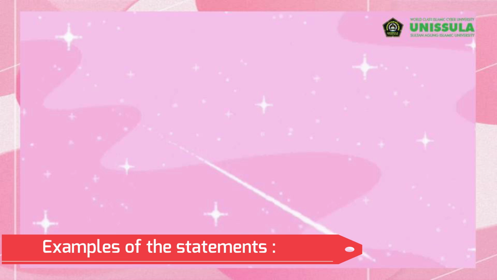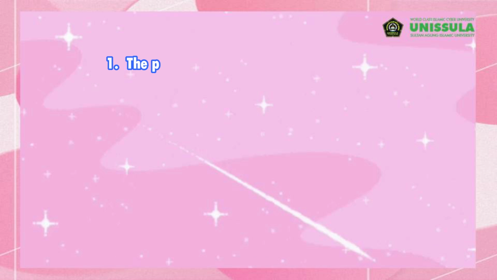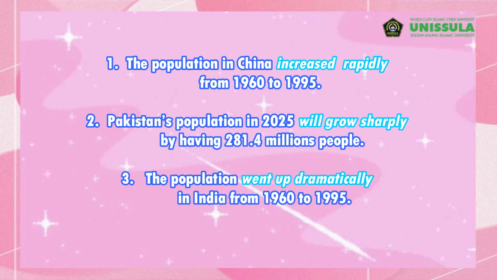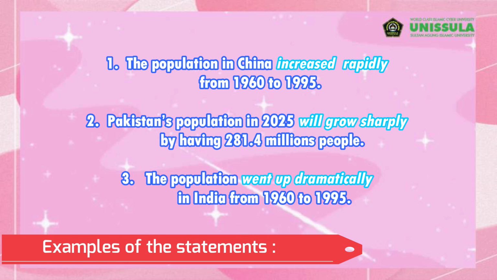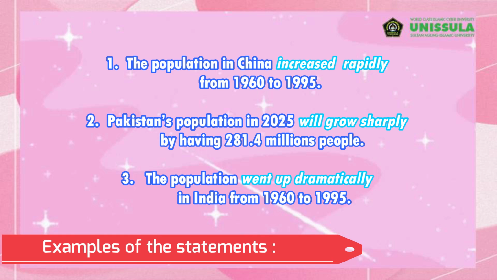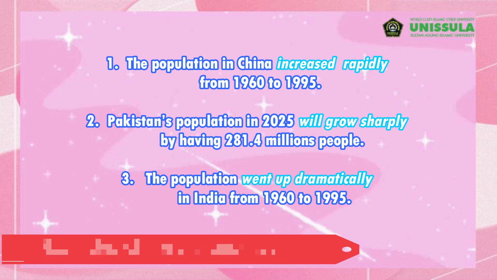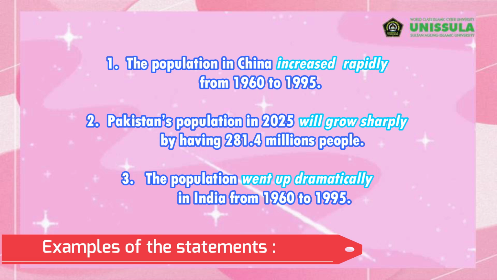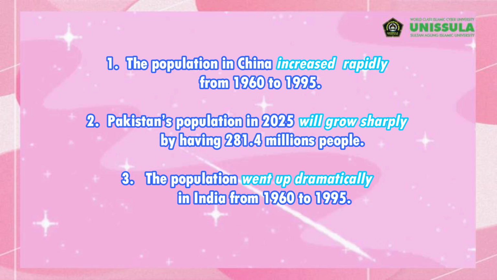Okay, we are going to take a look at the examples of the statement. Number one, the population in China increased rapidly from 1960 to 1995. Okay, and then the second example, Pakistan's population in 2025 will grow sharply by having 281.4 million people. And then the third example, the population went up dramatically in India from 1960 to